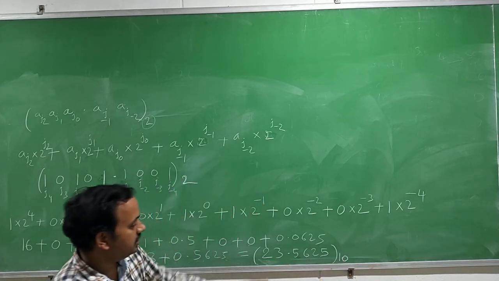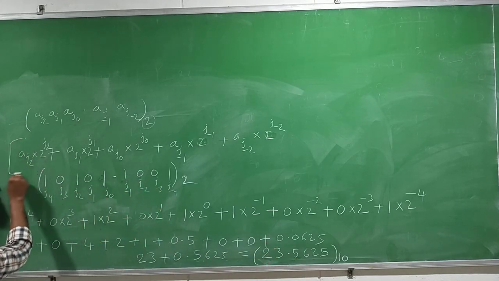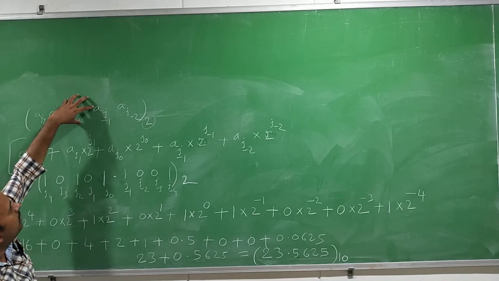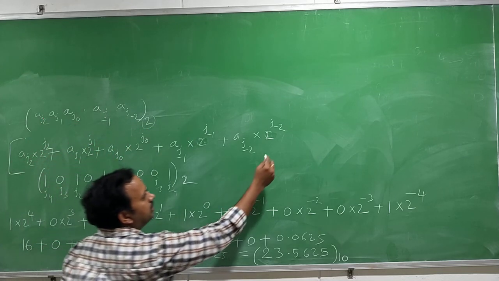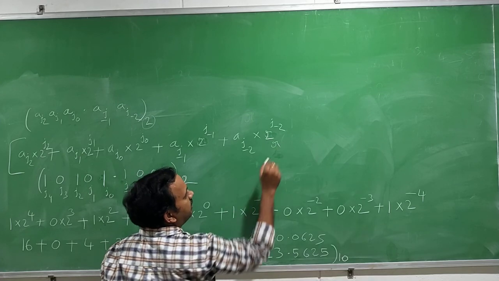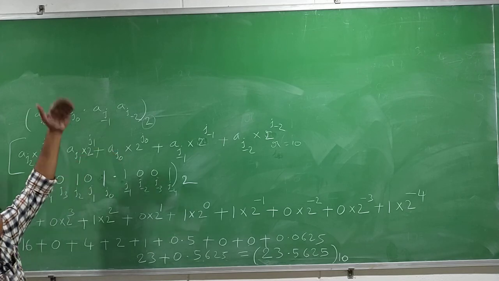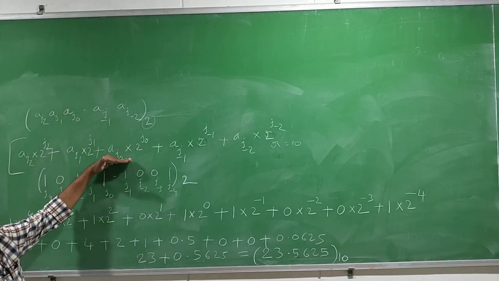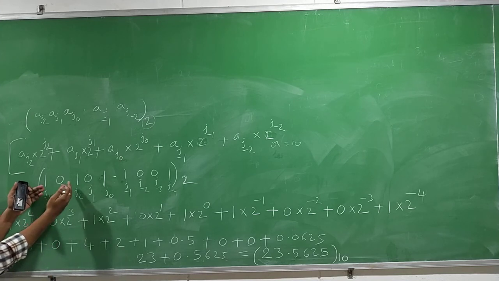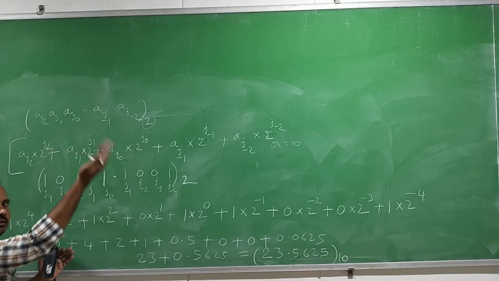How do I come to know that this is the decimal number? What is the formula I have written here? The number I have been given, I put it into the generalized formula. So here instead of 2, I can write R. This may be a 10. Okay. This format we have derived in the decimal number system. The same format we are using in the binary number system, and we are expressing that given binary number in this format, which is equivalent to the decimal number system.